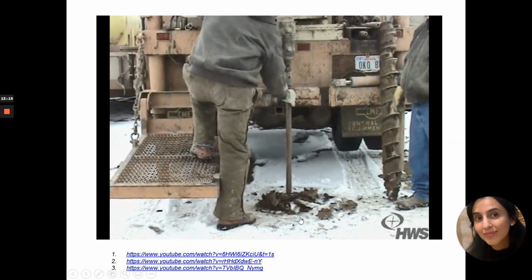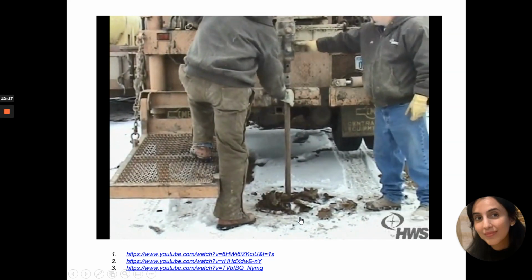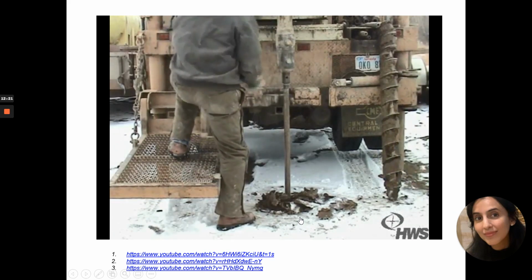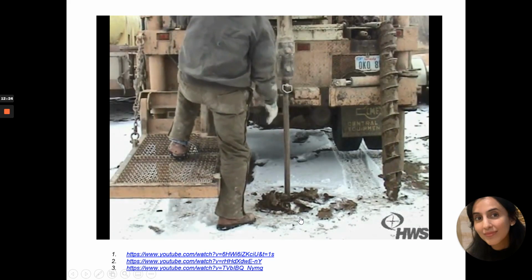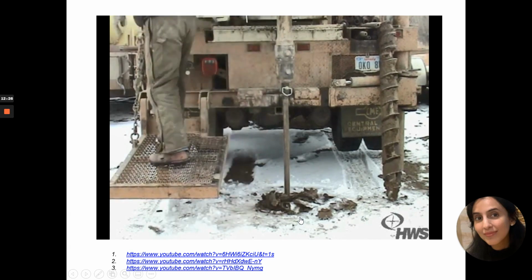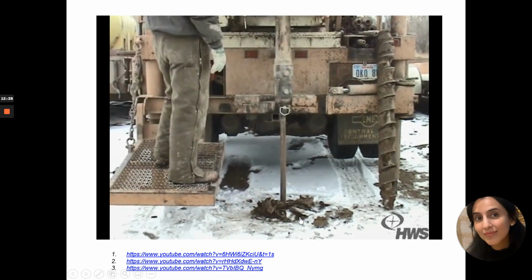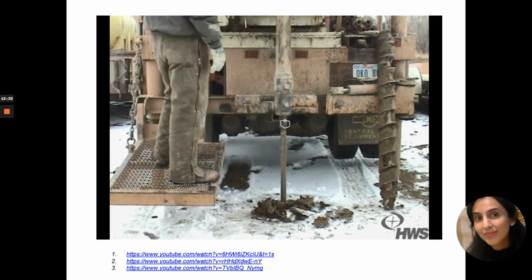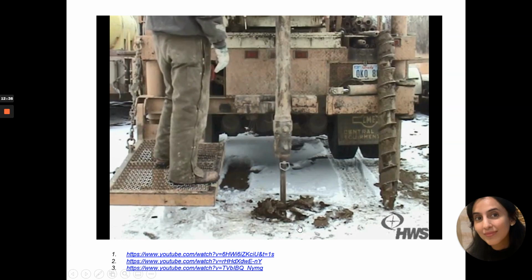So sometimes the terms they use are female and male. So it's connected and then they will lock the system so that it doesn't go. So they are pushing the sampler right inside and collecting the sample, and they're pulling it up